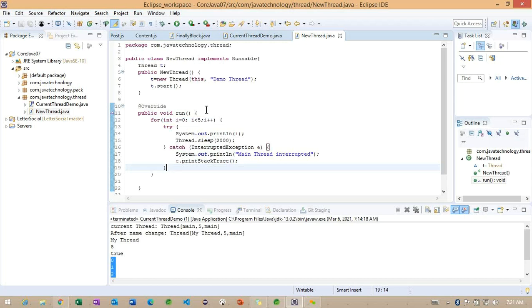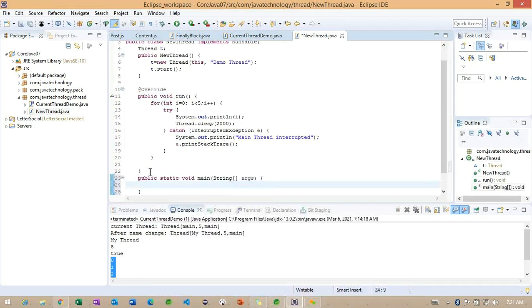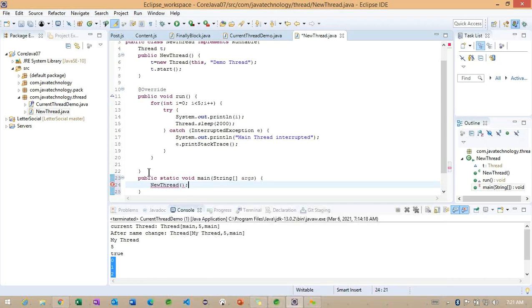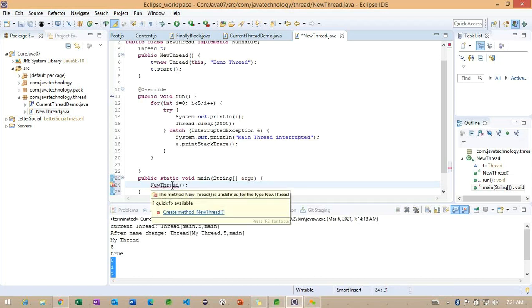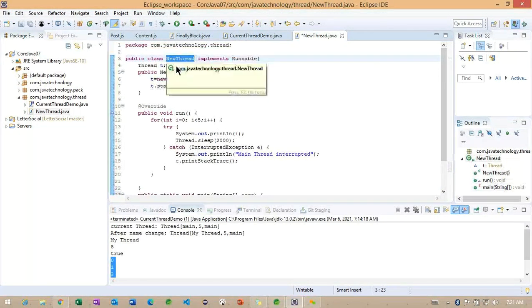And we'll create a main method. Inside the main method, I will simply call the constructor of this particular class with new thread.